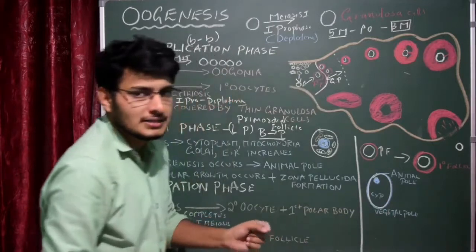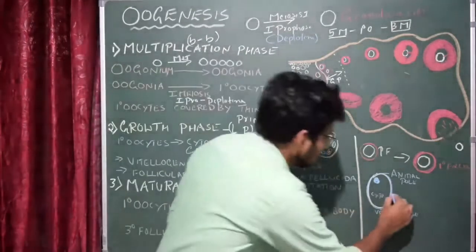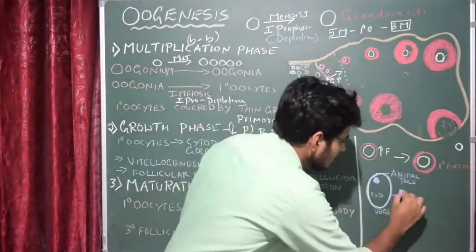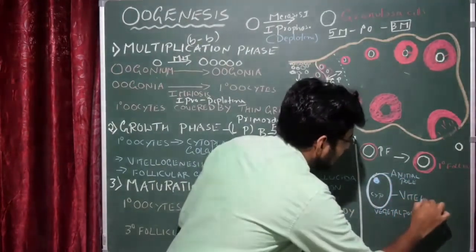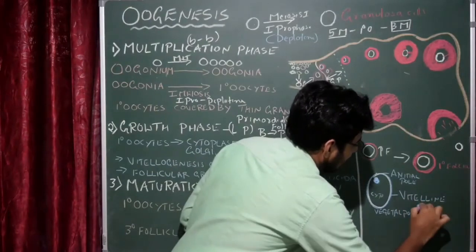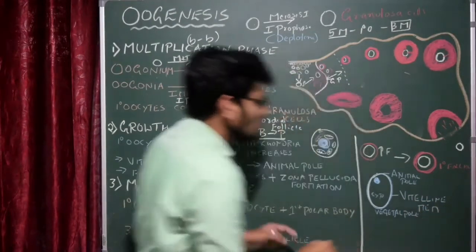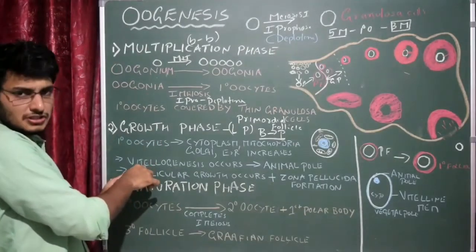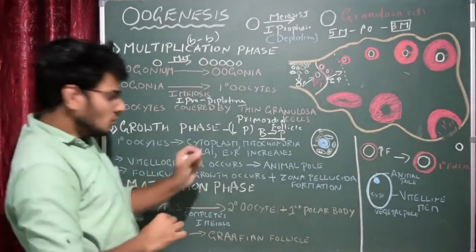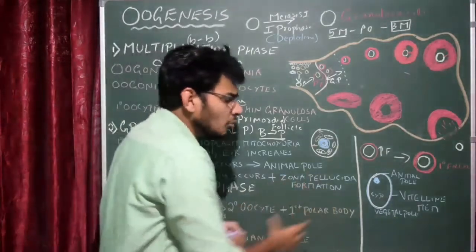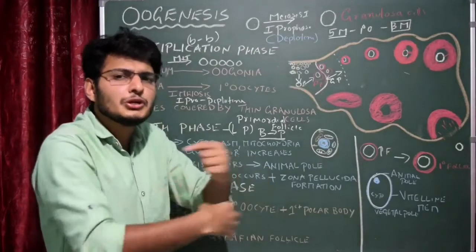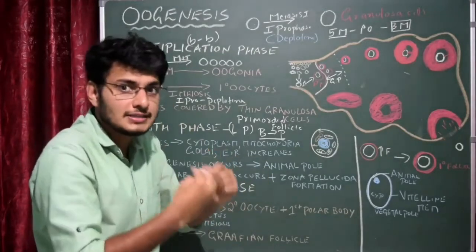We should call it the vitelline membrane. This membrane is produced by the plasma membrane of the primary oocyte in the growth phase. We call it the vitelline membrane. The formation of the vitelline membrane in the growth phase is called vitellogenesis. During vitellogenesis, the cytoplasm is transforming itself into a nutritive liquid. We call it yolk.